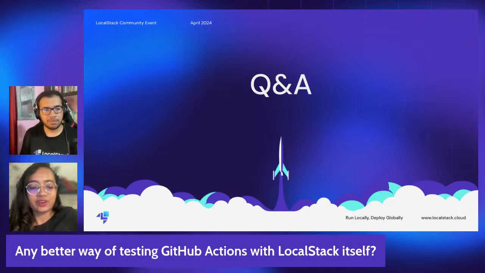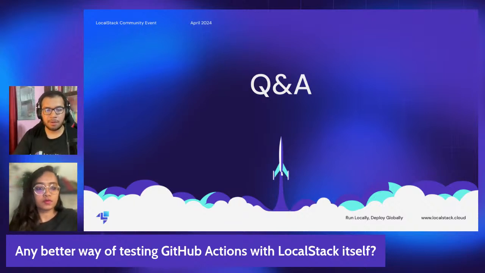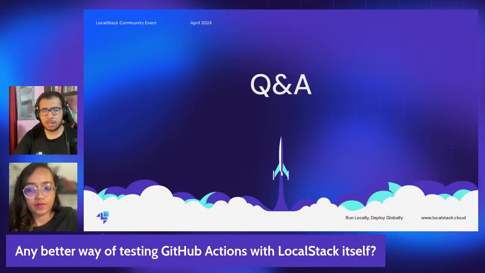Cool. Then we have, any better way of testing GitHub Actions with LocalStack itself? I guess for GitHub Actions, we have a tool that's called Act. It's by Nectos, and I did happen to use it almost two or three years back when I was working on SciPy, which is a statistical computing Python library. It worked out really well,